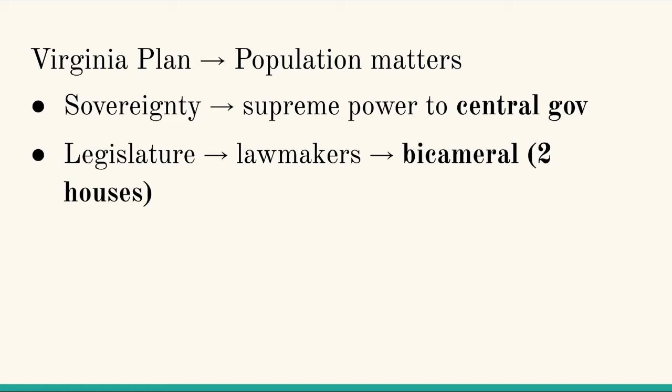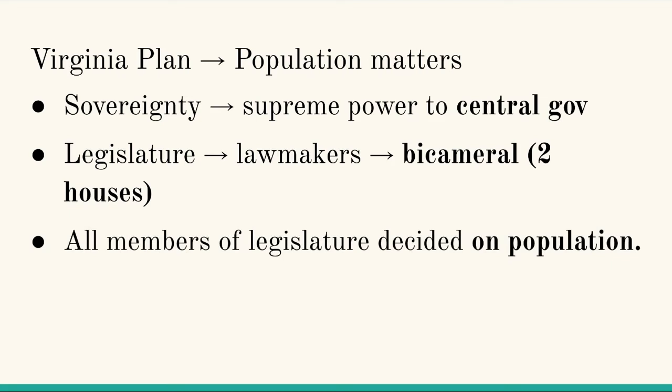The Virginia plan calls to kind of edit the legislature, so edit the Congress that exists because of the Articles of Confederation. Anytime you see legislature, I want you to think law. If I'm part of the legislature, I am part of the lawmaking process. The Virginia plan says let's take the Congress that we have and split it up into two groups, and that way they can get through issues a little differently, maybe with a little more time. That two group system, a lot of times you hear it called two houses, is called bicameral. Bi meaning two.